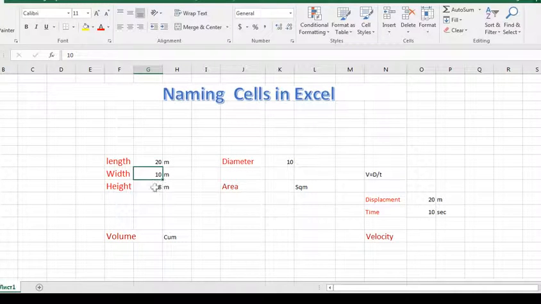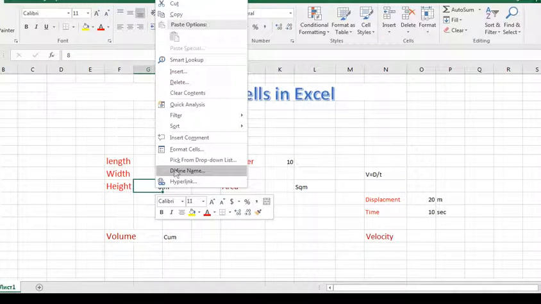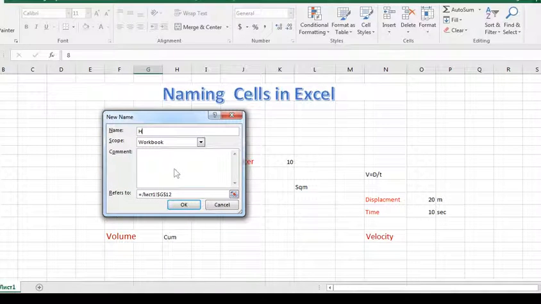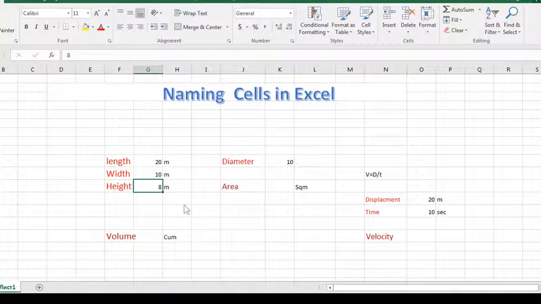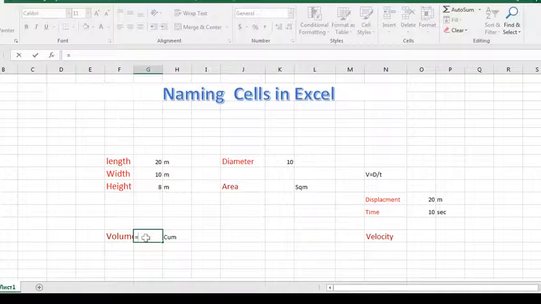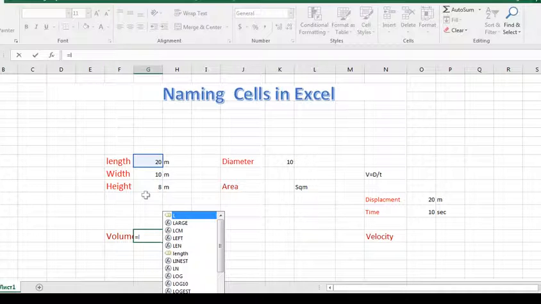The third one is height, so I will select H, simple H. So now let's enter a formula here. For example, now I want the volume. The volume is written below in this Excel sheet, so I want to enter the length, width and height. Instead of going to G8, G9, G10, I will simply enter the length